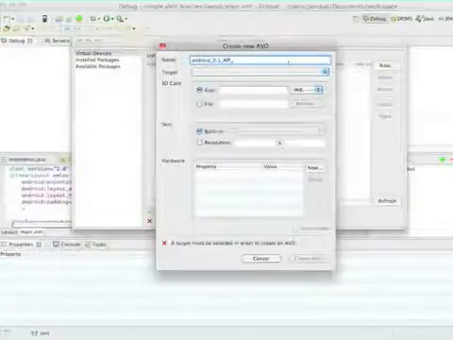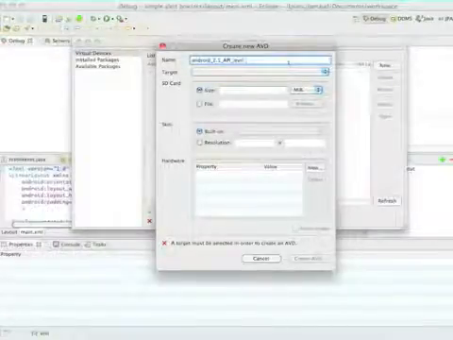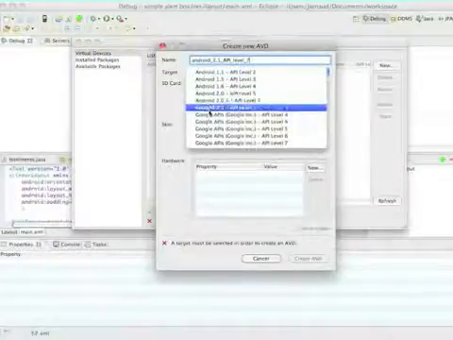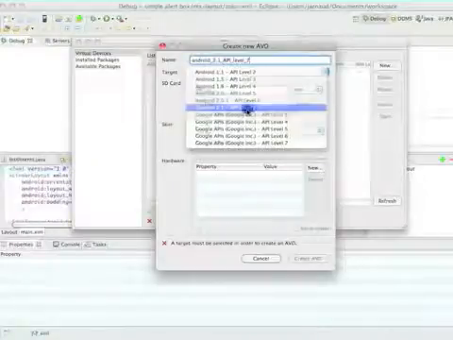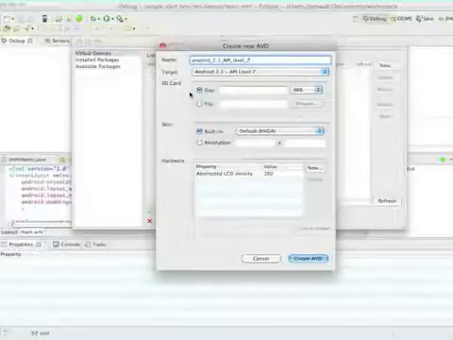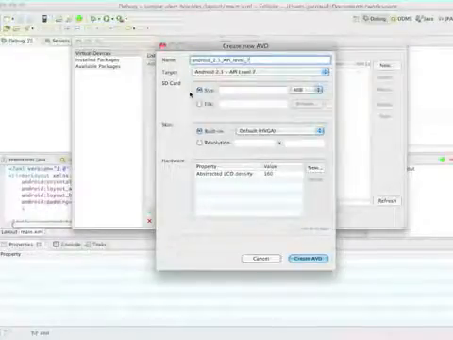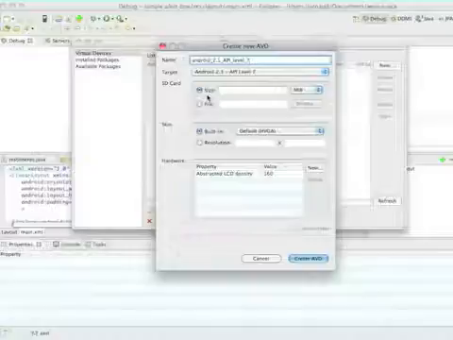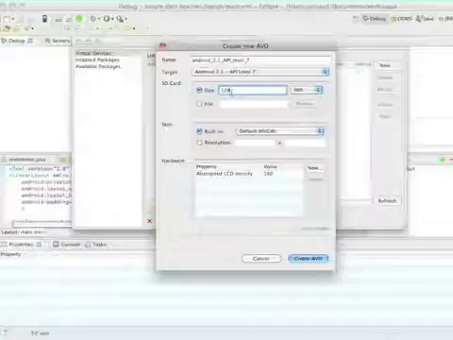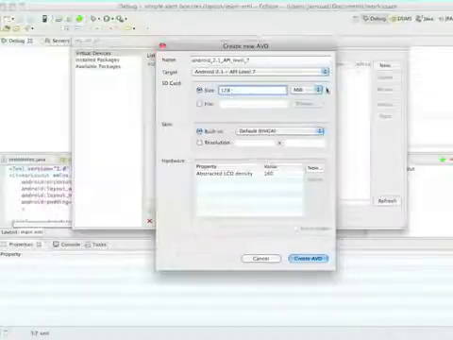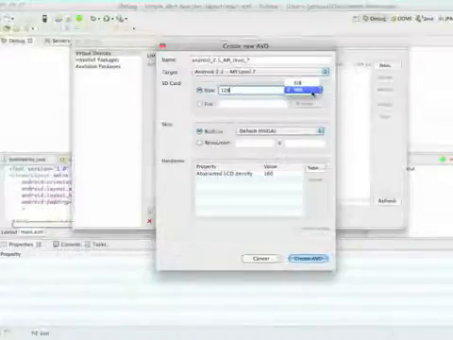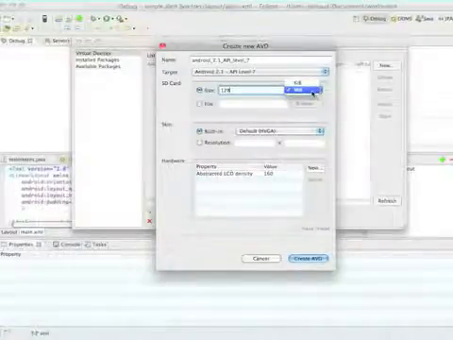First, I will remove the one I have on my computer, which is done, and I will recreate it to show you the process. New, so the name. I usually create more than one device, so I like to have a meaningful name, and I usually include the Android version and the API level version. Here, level 7. For the target, so 2.1,